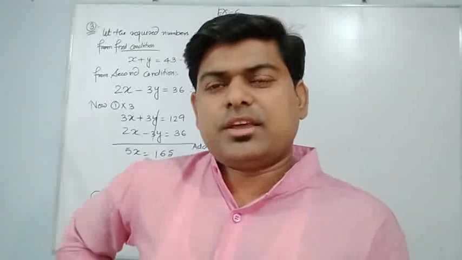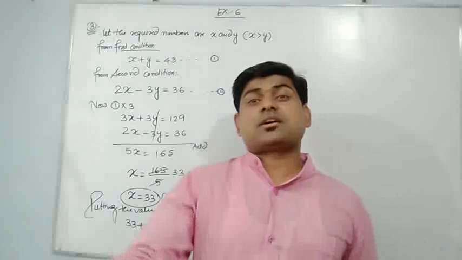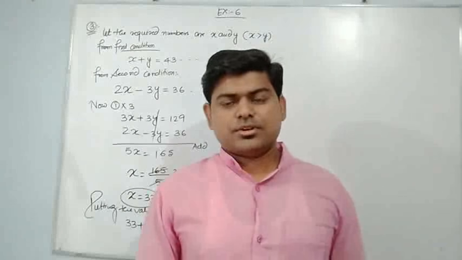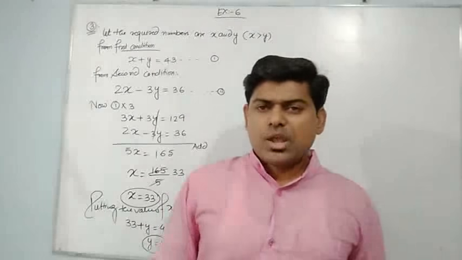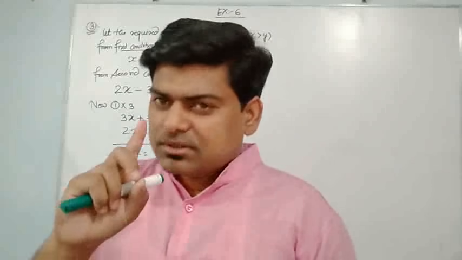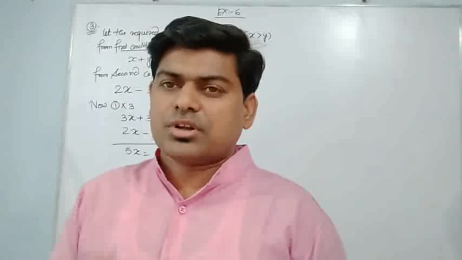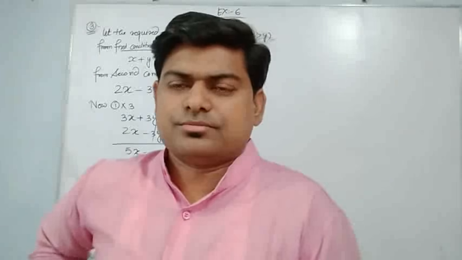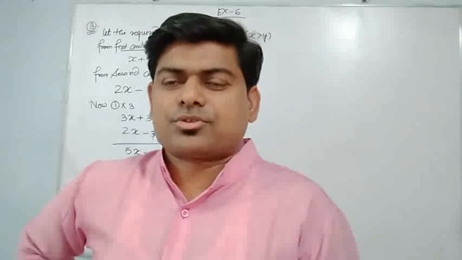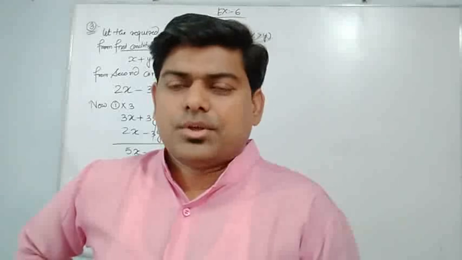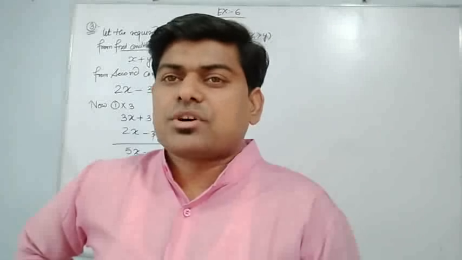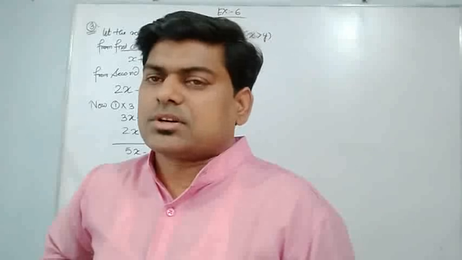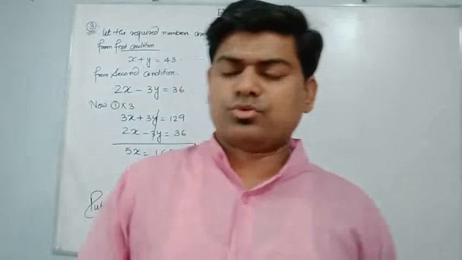Actually, now the last line has given: find the cost of 6 kg sugar and 10 kg rice. What should we do? It is a little bit hidden. We will find the cost of 1 kg sugar and the cost of 1 kg rice, and then after that, the third one we can do. You must have got what I want to say. So I am going to do question number 4 here.